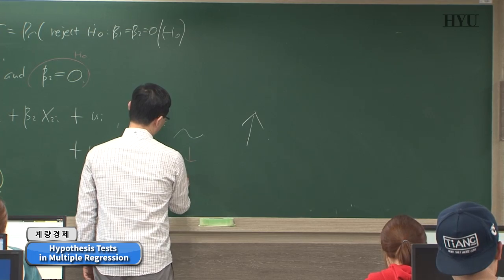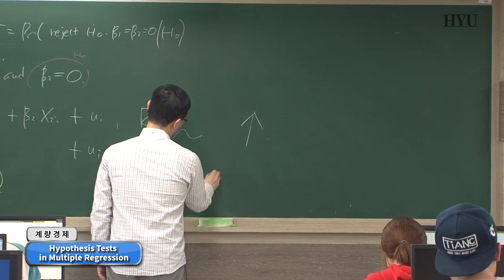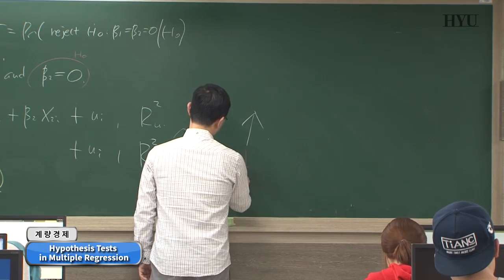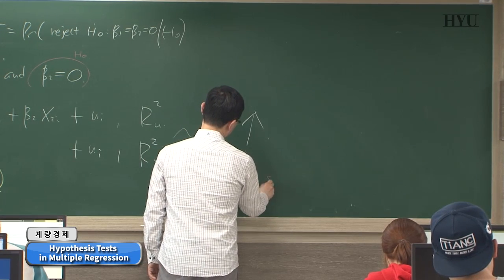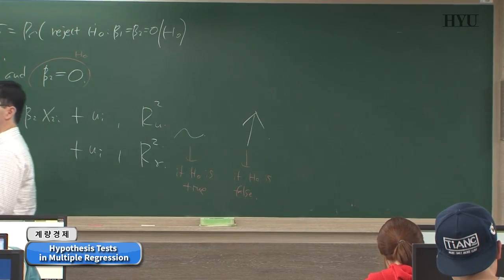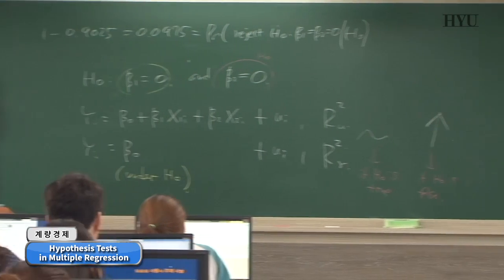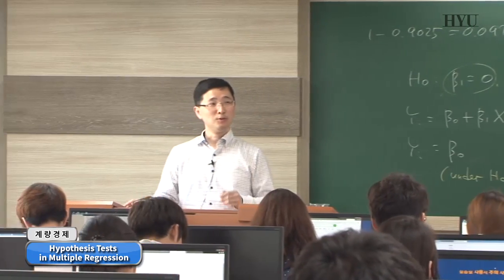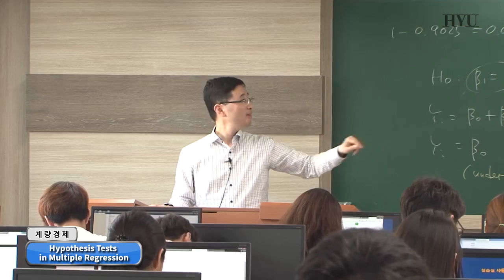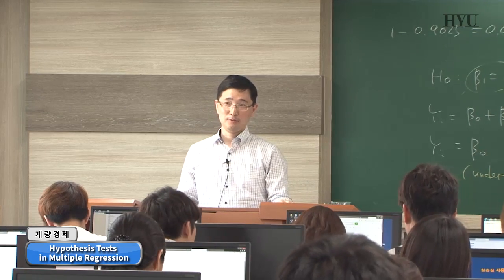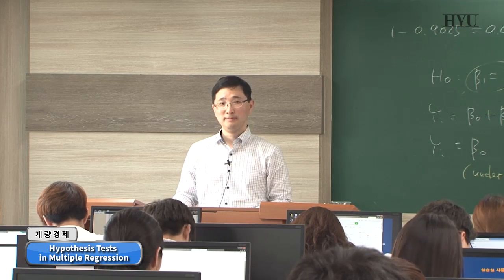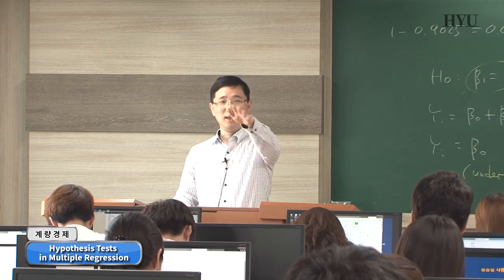So this is if the null is true, and if the null is false. So one idea is to make a test based on these two R squared. If the jump in R squared is big enough, you are ready to reject the null hypothesis. Because it means that at least some of them are useful, right? If the R squared is just the same,